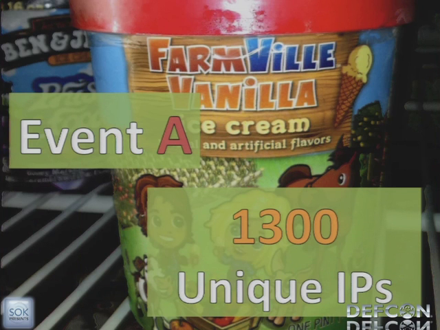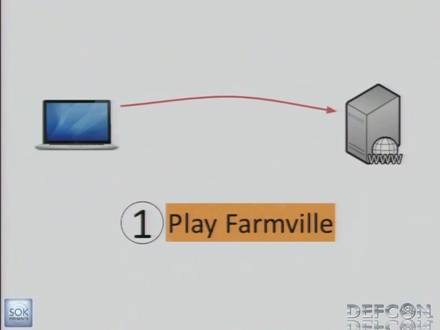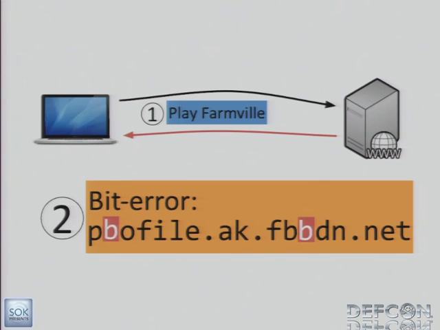Yes, I'm serious. The reason this says 1,300 IPs is because it could only attribute 1,300 of those directly to Farmville, but the other 300 are also of similar causes. So how exactly does this happen? Well, let's diagram this out. Let's pretend you're a user somewhere and you want to go play some Farmville. Then you request some stuff from Facebook, and a bit error happens in either the Facebook or the Farmville servers,